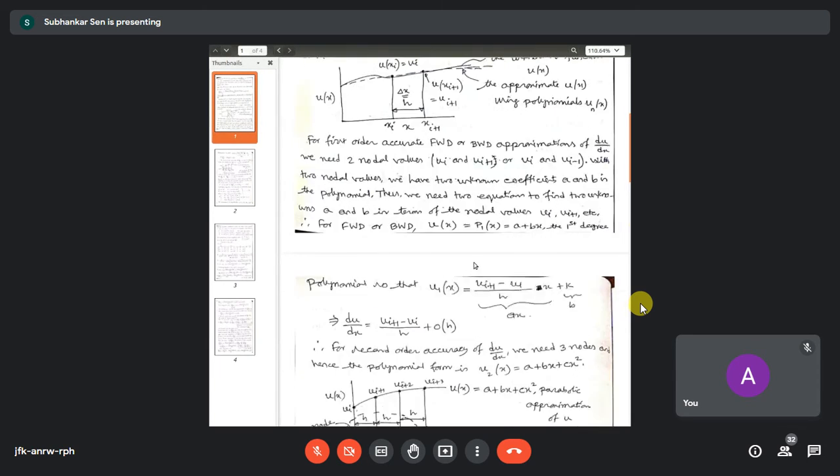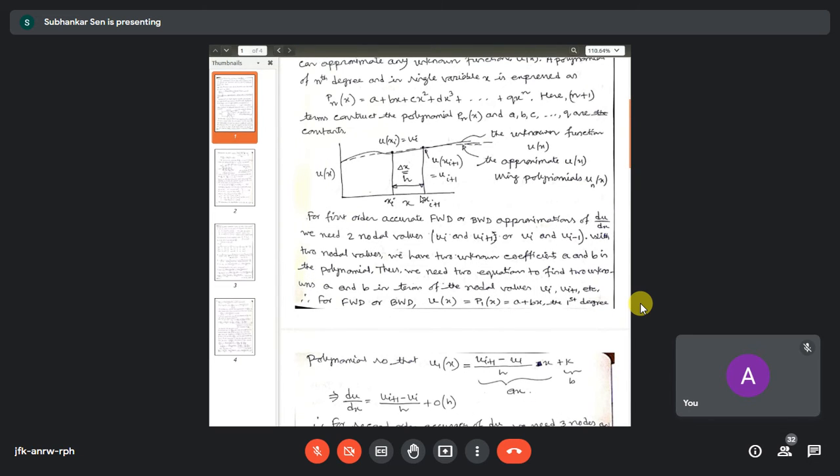Here there are 2 terms. If you want it to be second order accurate, there will be 3 terms. If you want third order accurate, there should be 4 terms. In all these terms, you will get ui plus 1, ui plus 2, ui plus 3; this kind of terms will keep on coming. So it is some linear combination of different u values. When you have 3 nodal points for second order accuracy, they will be used to write 3 equations.